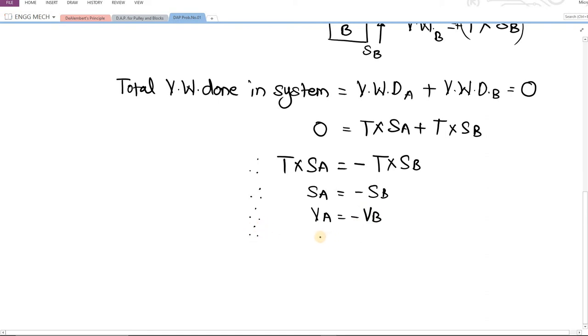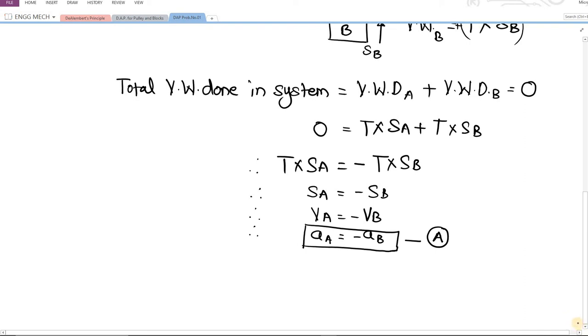Then similarly, if displacement has an equation like this and velocity has an equation like this, obviously acceleration will have an equation just like this: A suffix A is equal to minus A suffix B. We have to make sure to highlight this equation because this is the exact kinematic relation we wanted between these two blocks, block A and block B. Whatever the sense of direction of acceleration, velocity or displacement the two blocks were making, and the exact relation between those parameters, is the kinematic relation we obtained after establishing the virtual work done in the system.